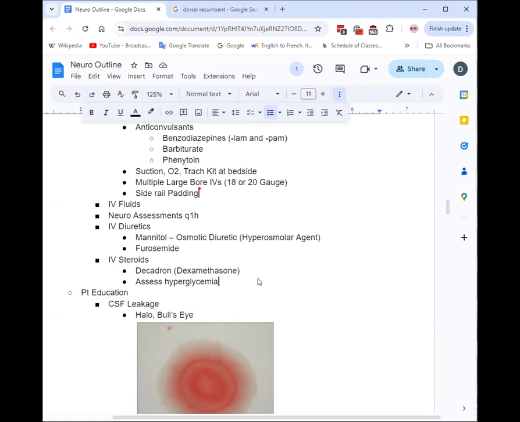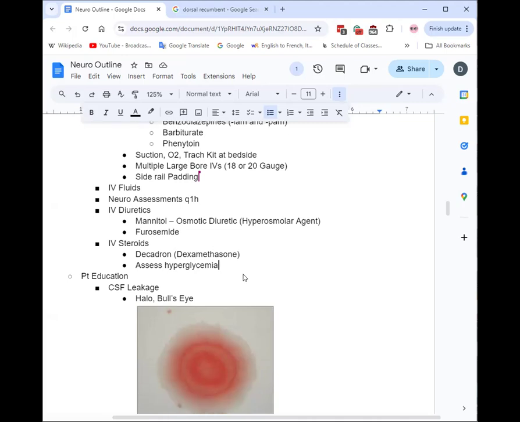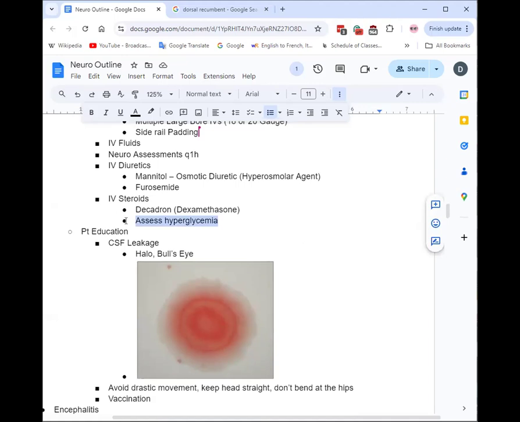So hyperglycemia is caused from that, and you'll learn more about it in third semester as well. You'll go through Cushing's syndrome, Cushing's disease later on. For now, your key thing to think about is hyperglycemia,